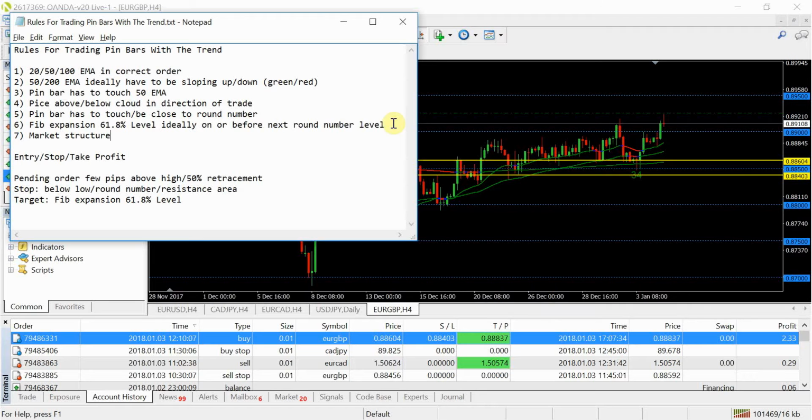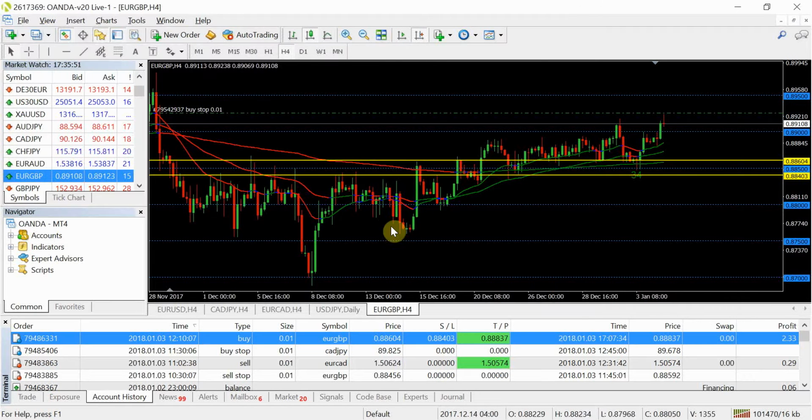Market structure. The reason I think that's important is just looking at the trend. What's going on here? Are we making higher highs, lower highs, etc.? It's not the cleanest because it does look a bit choppy here. But with everything else, on that round number, with the moving averages in the right direction, and we are making lower highs here, except this one over here where the